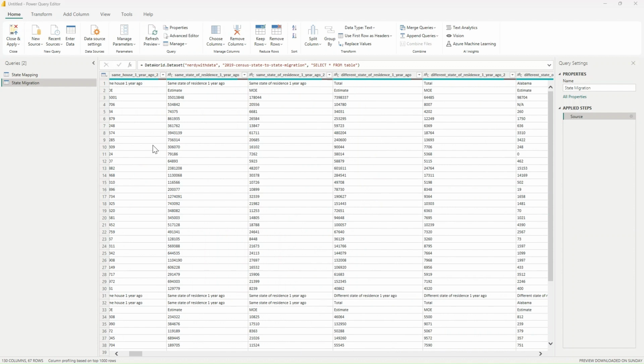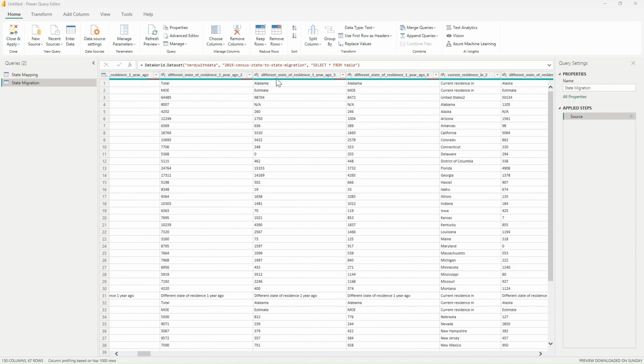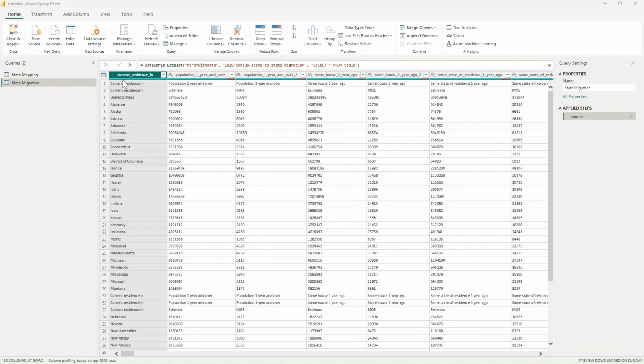To convert this data into state to and state from and what is the population change that has happened, we just need to unpivot these columns, because if you see we have the state here and the estimate of the population. So first of all, I will put this in the header as the first line is the cleaned up version of the header.